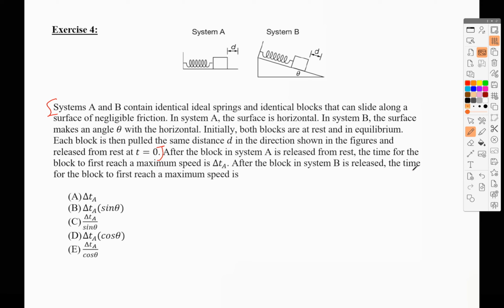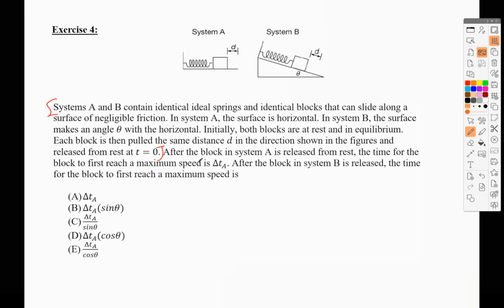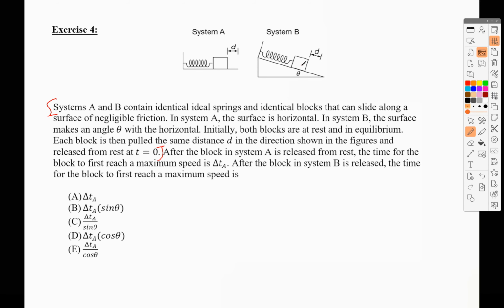After the block in system B is released, the time for the block to reach a maximum speed is given by what? So in other words, you can think about delta TA to be a factor of the period. So if you are able to compare the period of systems A and B, you would choose the correct answer out of these. Now we have said the period of a horizontal oscillator is given by 2 pi square root m over k, which is the same period for a vertical oscillator, but we didn't discuss throughout the course the period of an oscillator